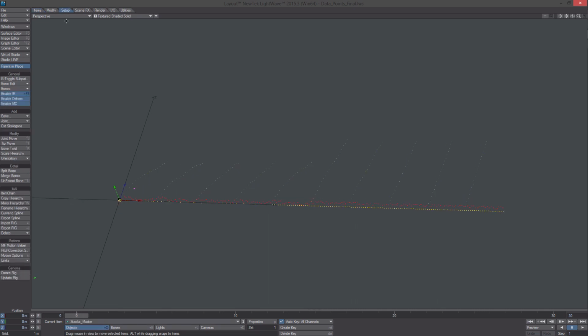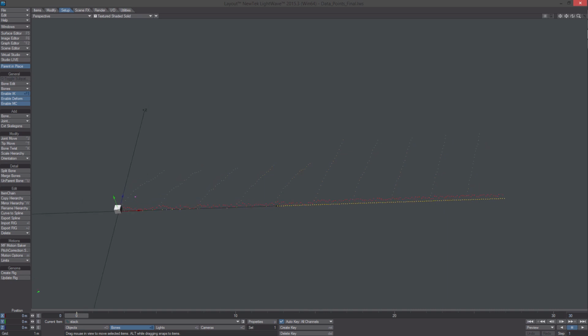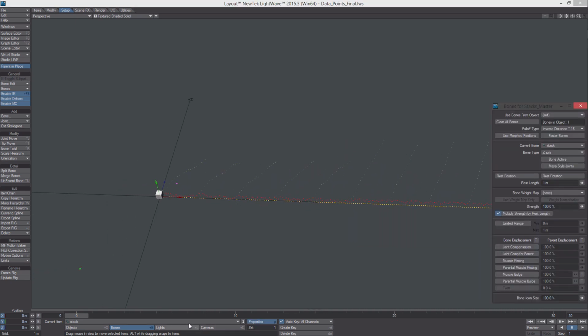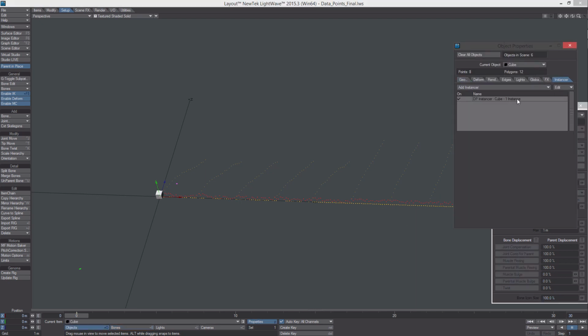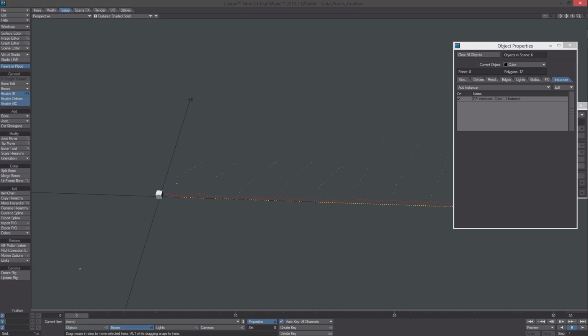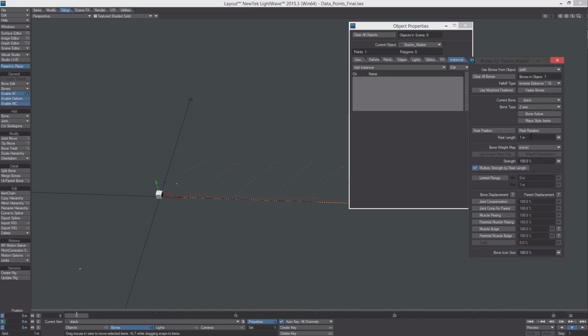If I go into Setup, and if I add a bone, call it Stack, you can see it'll create an instance. There's actually 20 there. So if we go into the instances for our cube, well, there's only one, because you'll see the way I have it set up here is, if I go into the bones here, I want to put this rest length on 20,